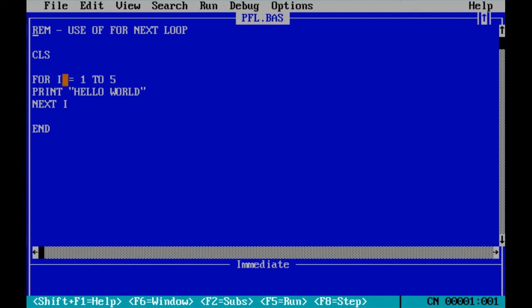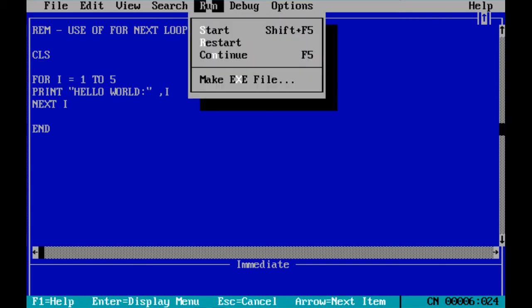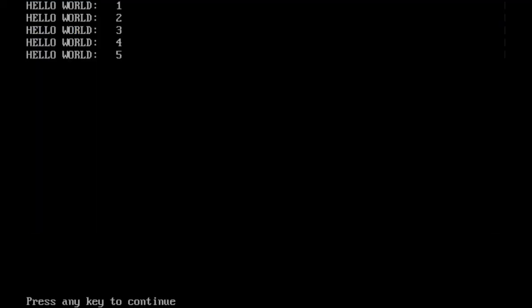FOR I equal to 1 to 5, PRINT hello world, comma I to print the value of I. NEXT I, and then it moves to this part. If the value of I is greater than 5, then it ends the program. Just run this command. Hello world 1, 2, 3, 4 and 5.